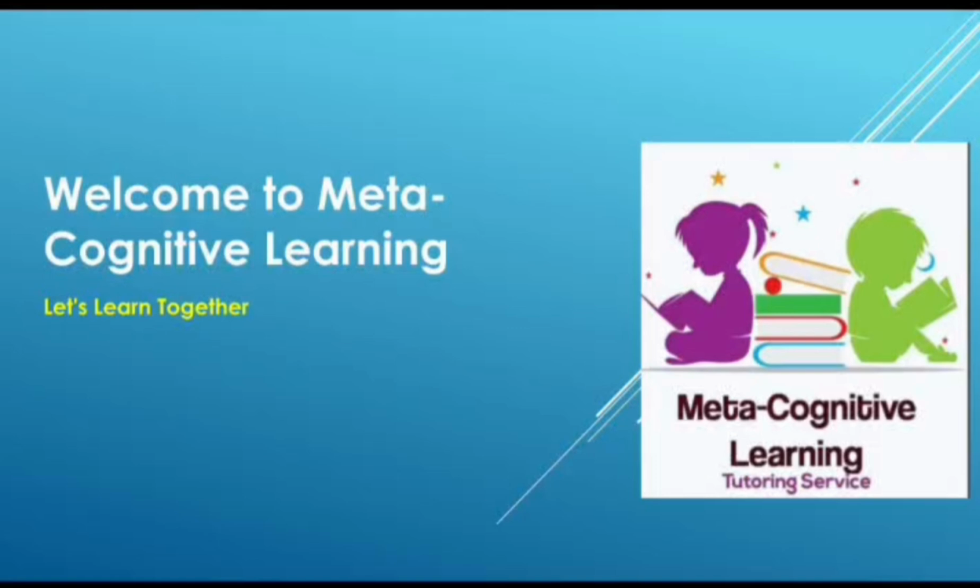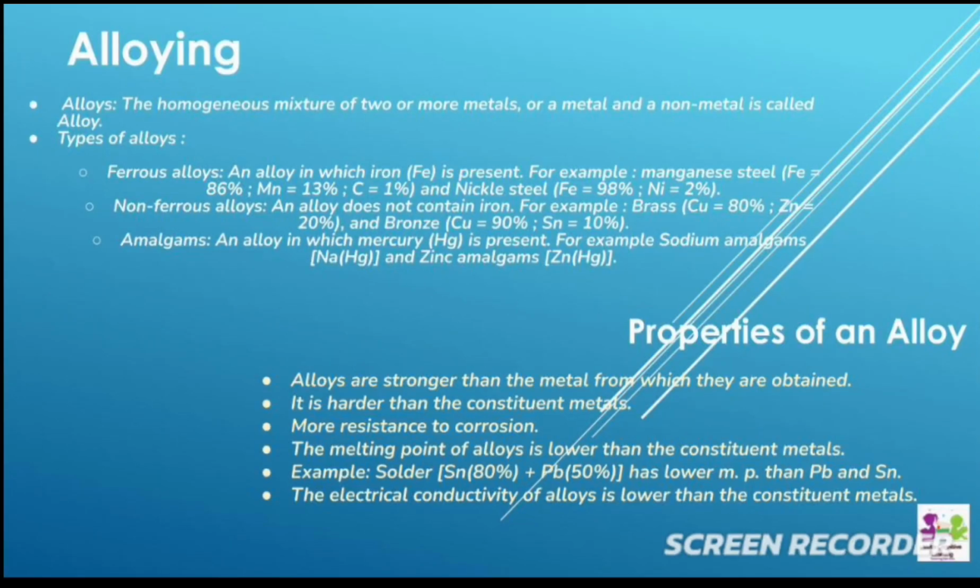Let's learn together. Today we are going to cover the topic of alloying. We already talked about corrosion and rust formation in the previous videos. Corrosion is when an iron material is exposed to atmospheric air, it will form rust. The oxygen in the atmosphere reacts with the iron material and forms ferrous oxide, which we call